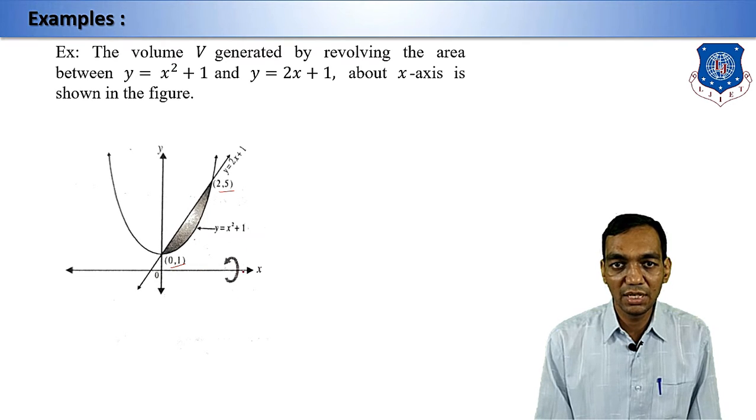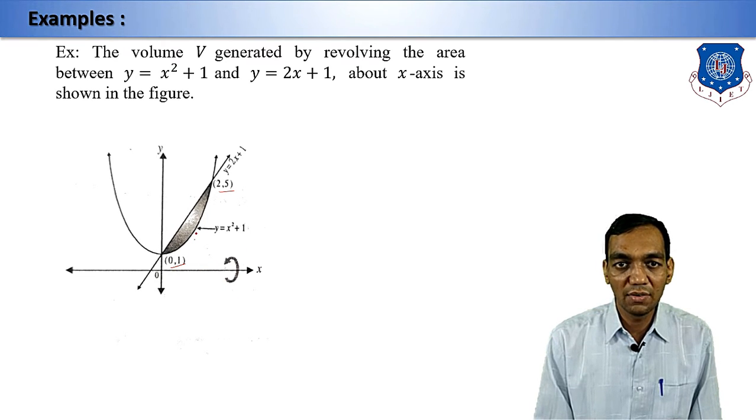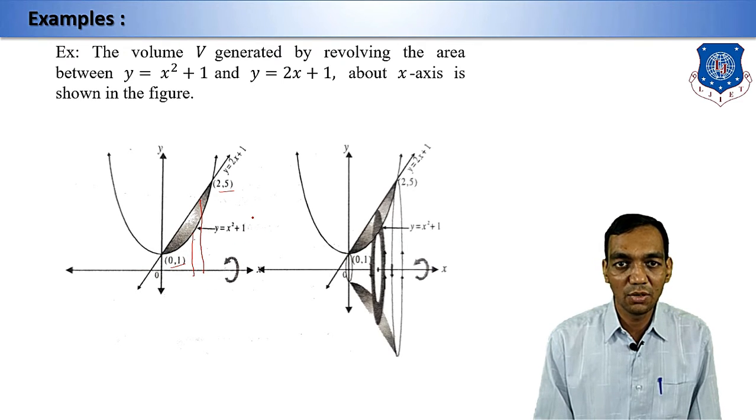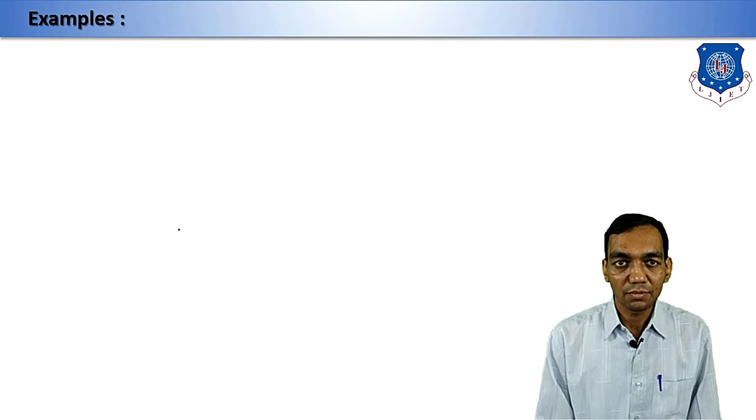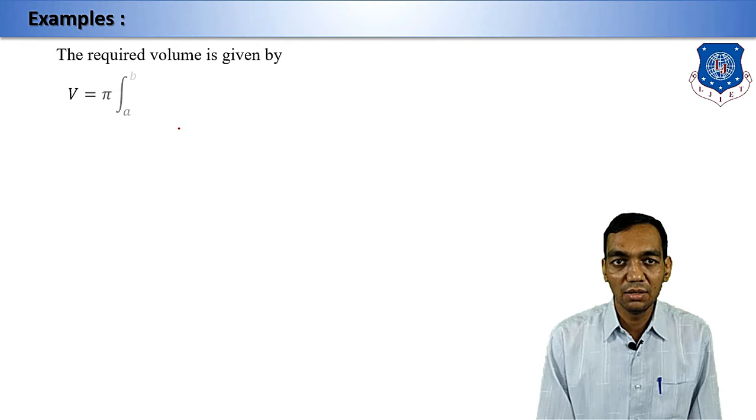And now you are going to rotate about the x-axis. So you have two radii, first this one and second this one. The larger one is the radius for the straight line and the smaller one is the radius for the parabola. So if you rotate this along the x-axis, then you will have a volume like this in 3 dimensions and you will get the washer. Correct? So we are applying the formula of a washer.